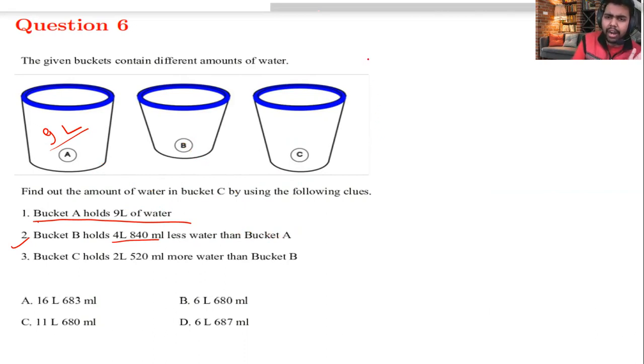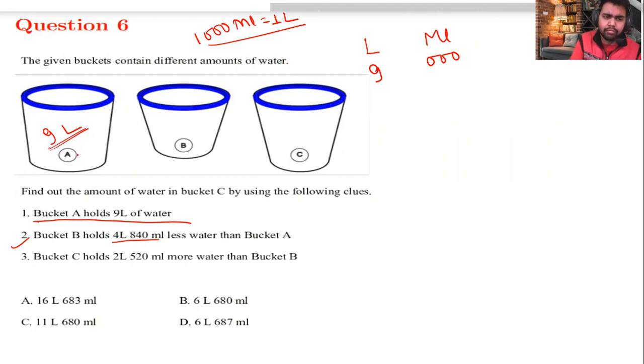And for subtracting, we have Indian methods, Indian tricks. They are the best. So I'm going to make a chart. Here I'm going to represent liter and here I'm going to represent ml. Try to understand: 1000 ml makes 1 liter. This is the fact which you have to remember. Here I have 9 liter and here in milliliter I have 000, because I have to subtract from A, right? So that I would get the value in B.